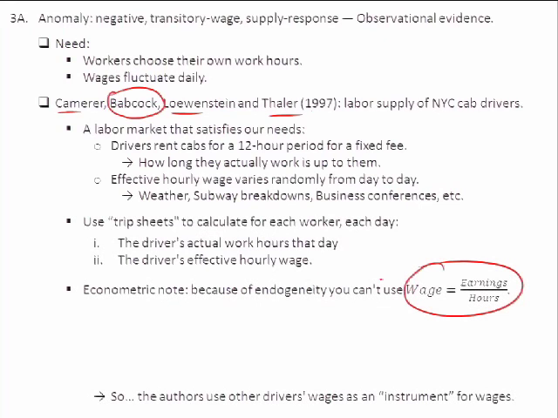What that means is that if they have measurement error that makes the number they wrote down for hours high, it is mechanically going to make the number you compute for wages low. So if you then look at the relationship between hours and wages, it's going to be negative by